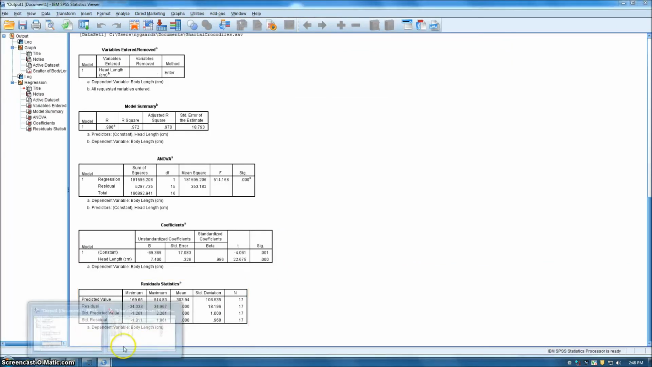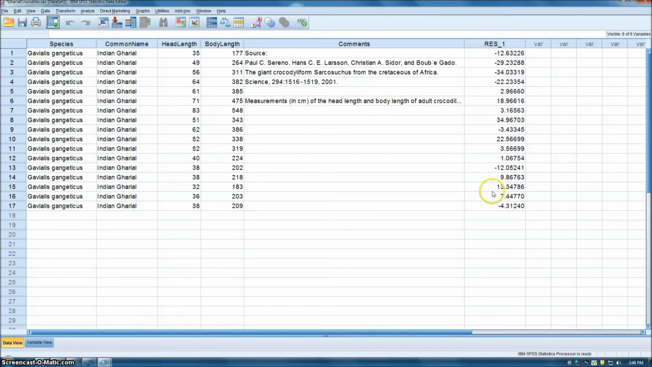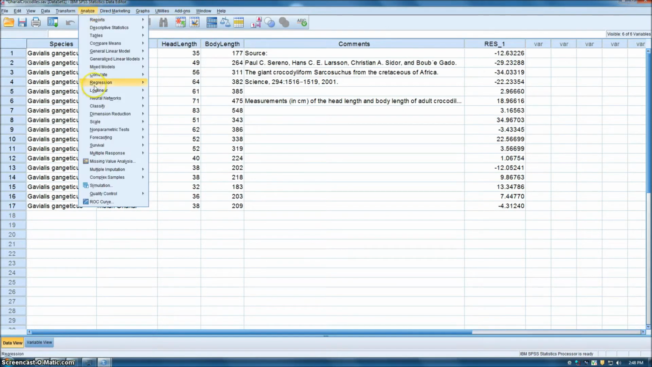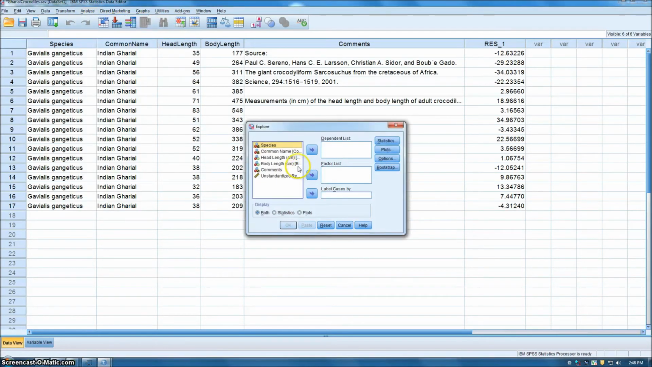So then if we come back over to our data, we have our residuals here. Now, in order to make a QQ plot, if you remember, we go to Analyze, Descriptive Statistics, and Explore. And we want to explore the unstandardized residuals, there they are, into dependent,